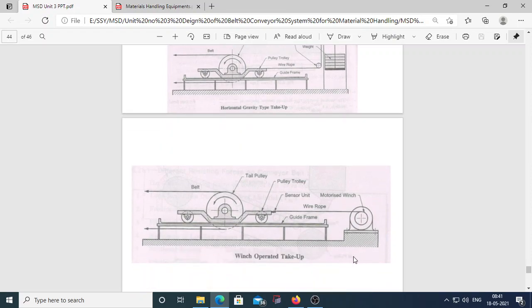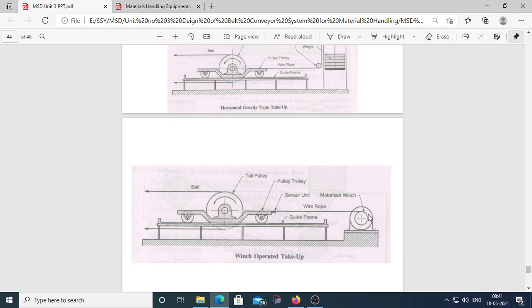This winch motor is automatically operated by the sensor unit, which takes input from the tension in the wire rope of the winch. When the belt tension, and hence the tension in the wire rope of the winch, reduces below a particular limit, the sensor unit switches on the winch motor, and they increase the belt tension.